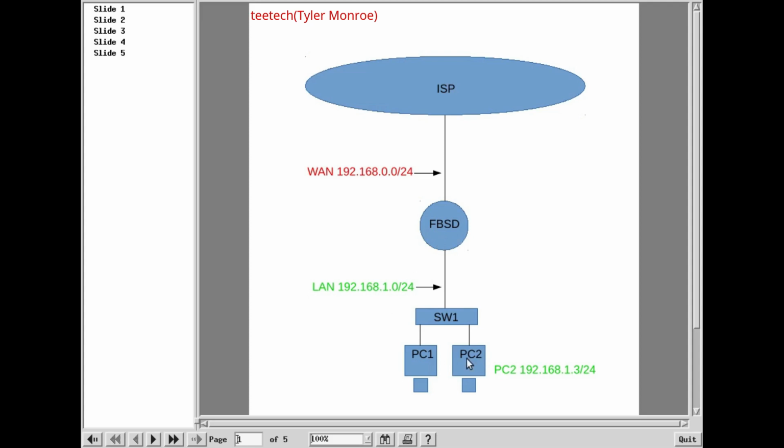And essentially though, if PC 2 and 1 here want to communicate, they can just go right through the switch locally because they are on the same network. They're on the same LAN. But if PC 2 wants to talk to Google.com, then we have to get the firewall involved. And as well, before we go on to how the packets flow and everything,